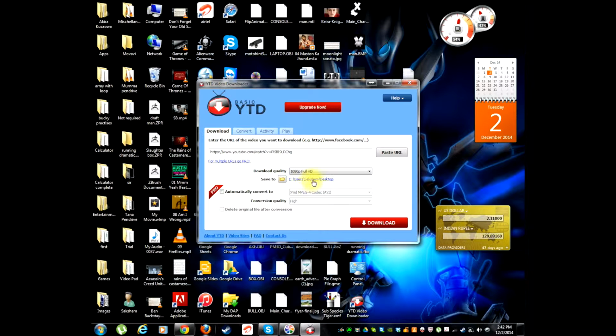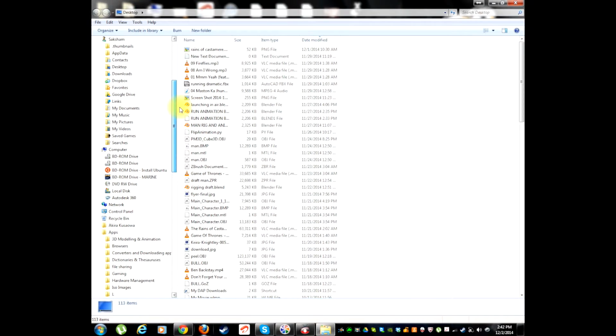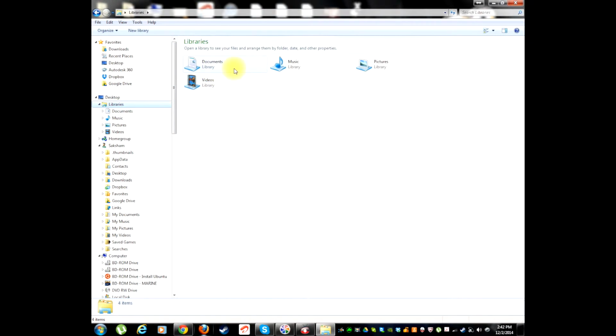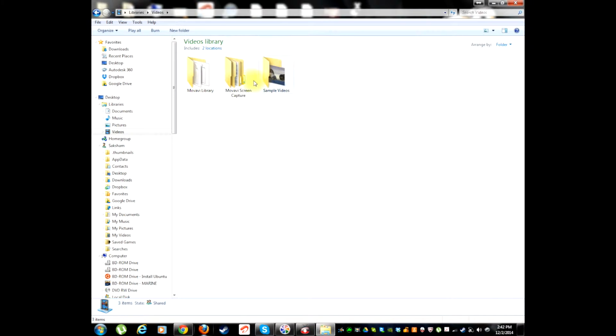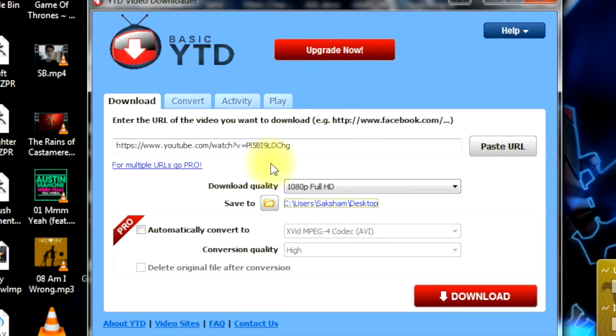Then you can select where to save it here. I could select, say, libraries and videos, and just let it save here. So we'll go ahead and close that. We'll let it be at desktop. Then we can go ahead and download.